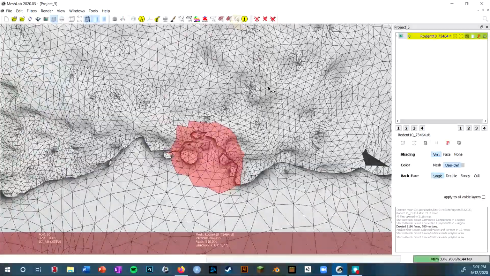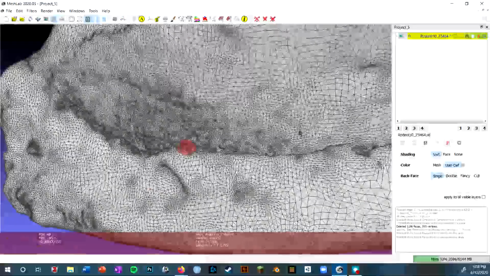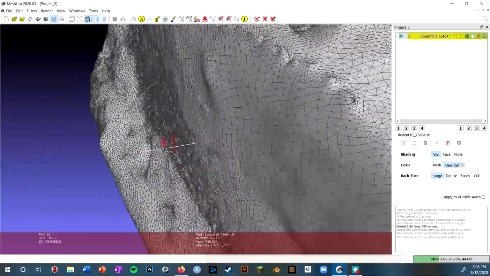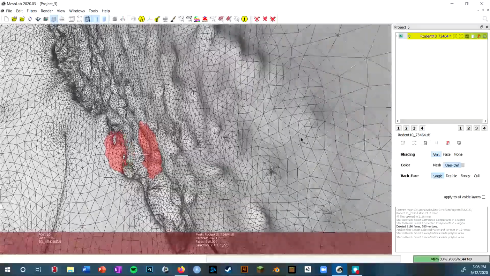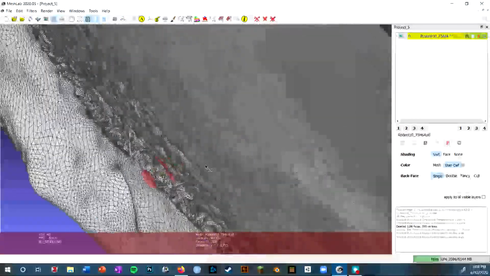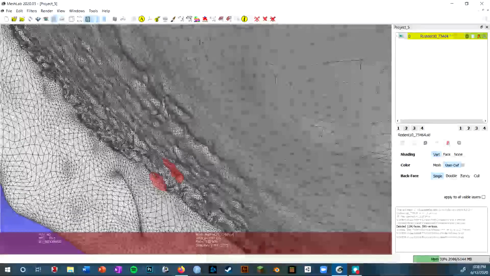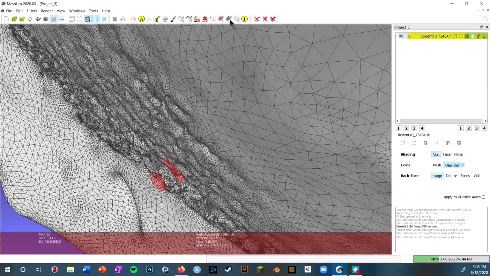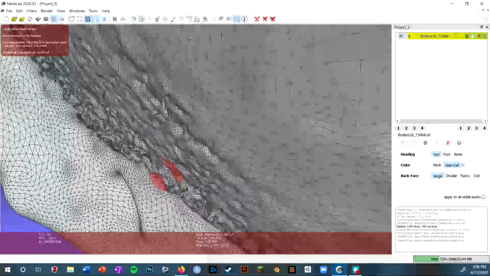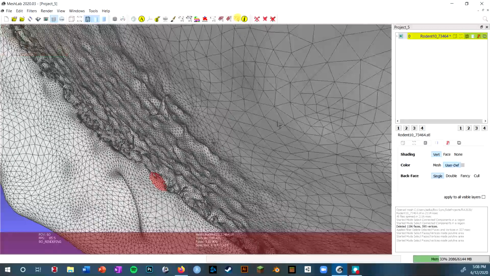Now, if I exit the selection tools and rotate around, you'll see that not only did it select through to the other side of the faces here, but it actually selected through the entire mesh. So we're going to want to unselect these before deleting the part of the mesh that we actually want to delete. I do this by rotating to a different viewpoint where I'm only selecting the faces that I don't want to delete, and not the ones that I do want to keep in selection. So I'll hop back in that Polyline tool, select around this region, and then click W to subtract it from the selection. Hop out again,